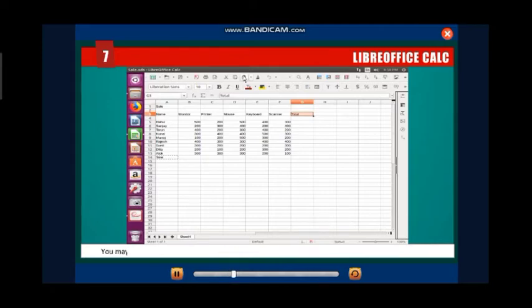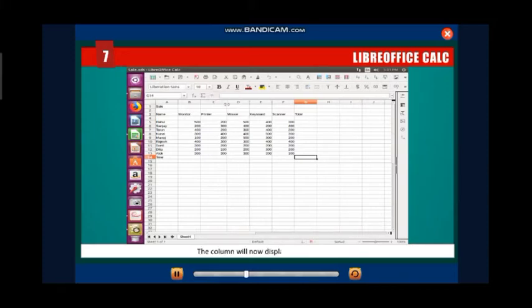Now let's change the column width. If you want to adjust the width of the column in case the data displayed in the cell is too broad to fit in the given width, you have to follow some steps. First, place your mouse pointer at the right edge of the column heading. It will change the shape of the mouse pointer, you can see on the screen. Now drag the column until you see the column width you want.